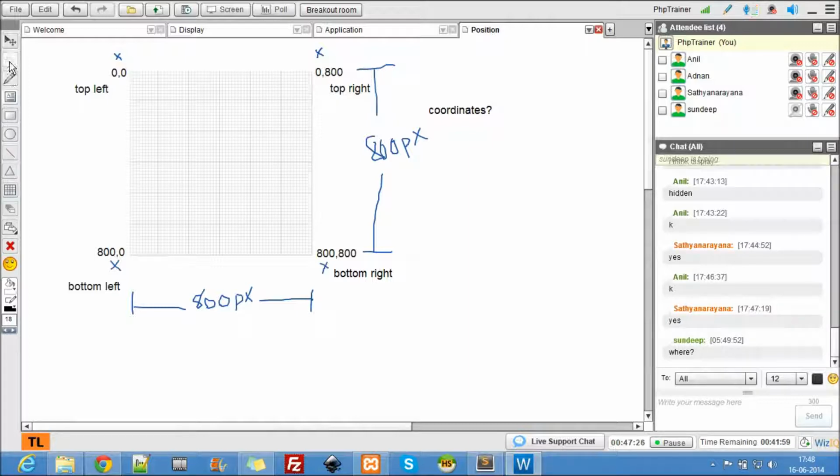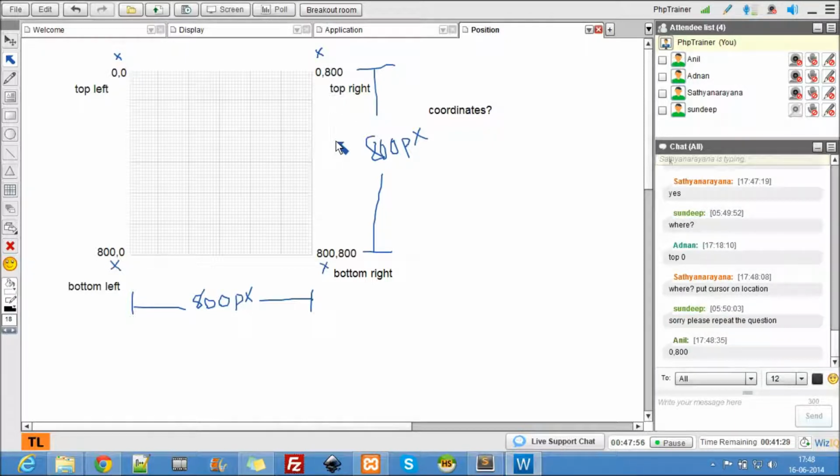You're not following. Here, what is the value of top and left at this location? This top and left value at this location. If you give that, we can continue forward.